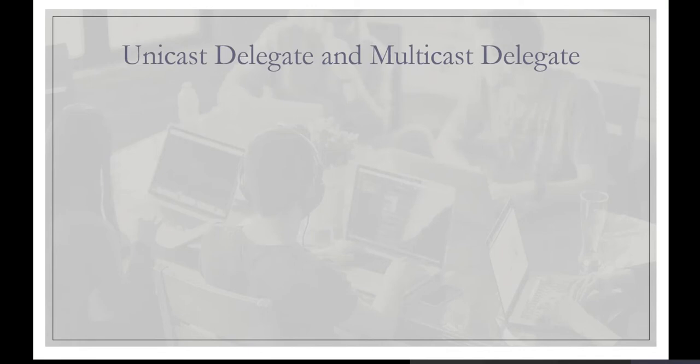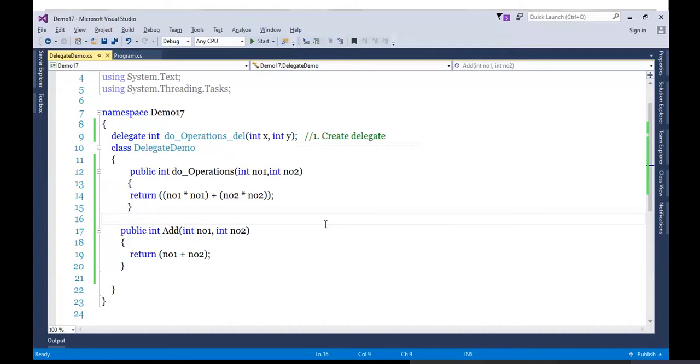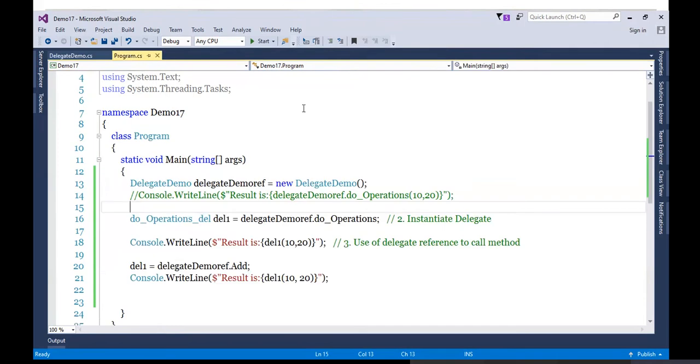Now what is a unicast delegate? Right now, whatever delegate I created, which is the do operations delegate, is a unicast delegate. Now, why is it a unicast delegate? Because at a time, this particular delegate is able to point to a single method. Like here, it is pointing to do operations, and after some time, it is pointing to add.